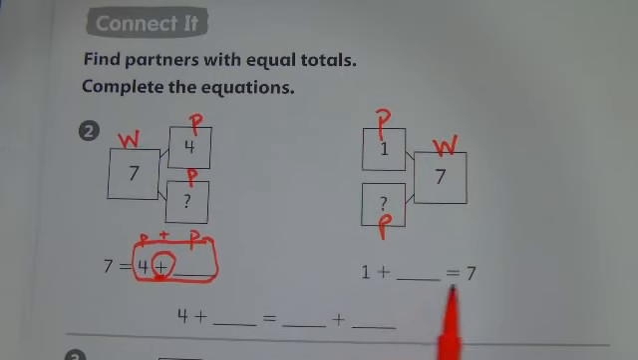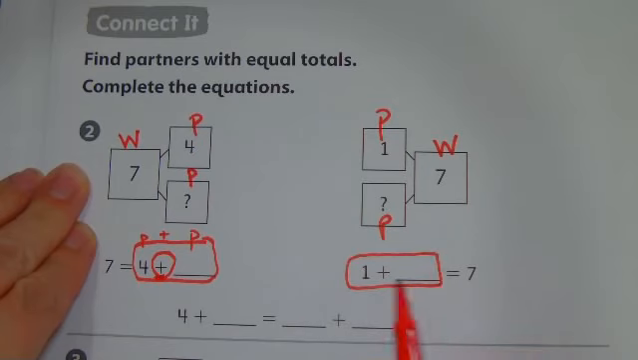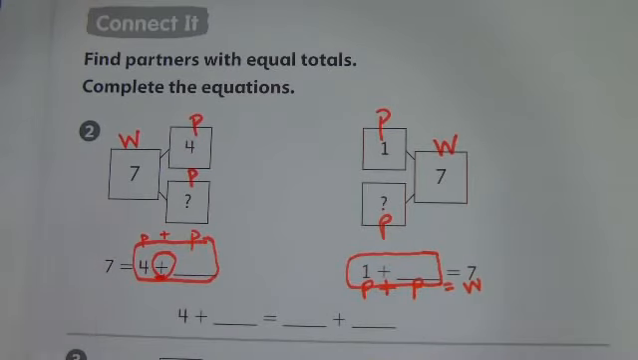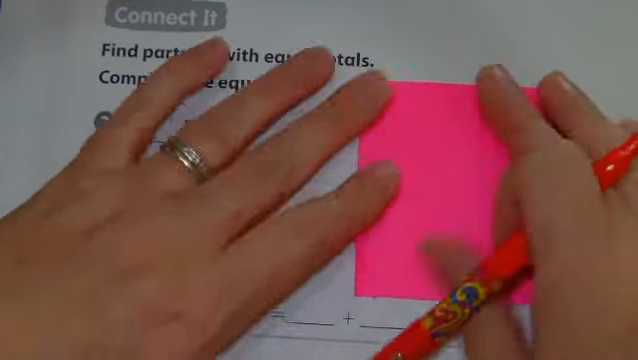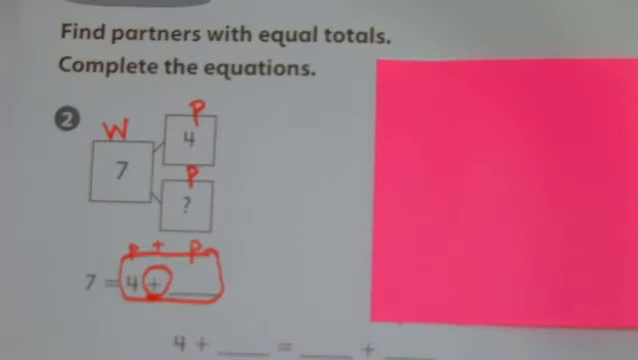Now let's go here. 1 plus blank equals 7. Here's my plus symbol. That tells me that the 1 and the blank have to be the parts because everything around the plus symbol is a part. So 1 is a part and blank is a part and 7 is the whole. Okay? So I'm going to put a sticky note over the right side for right now, and I just want you to look right here at